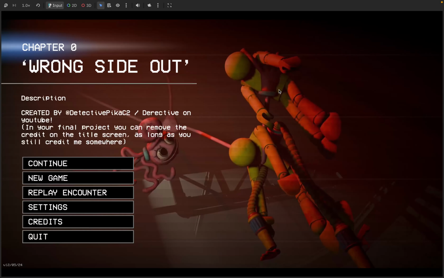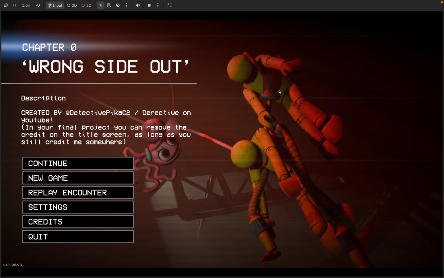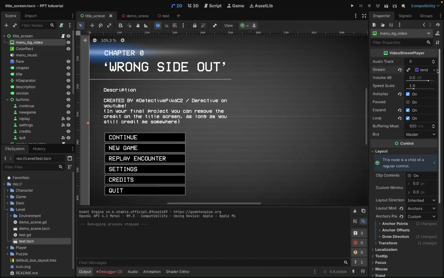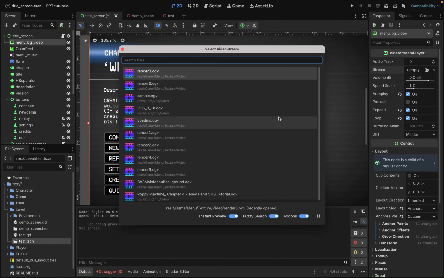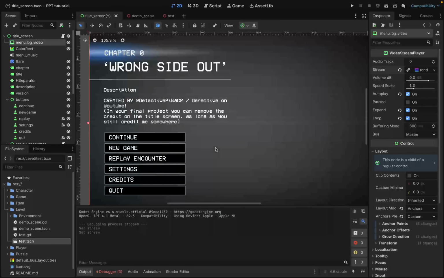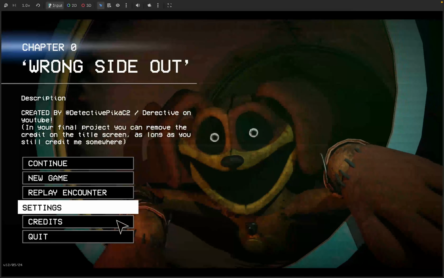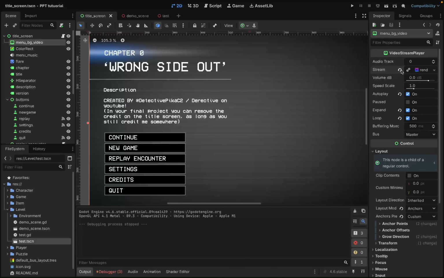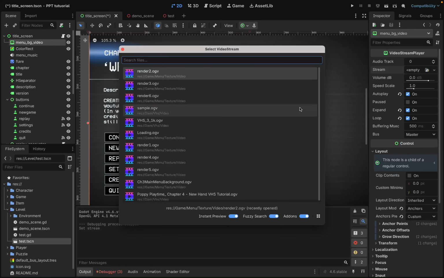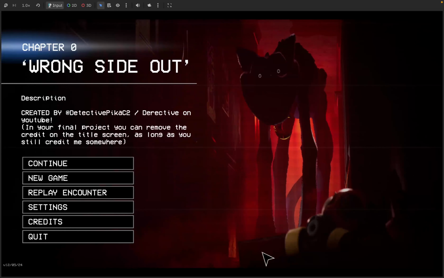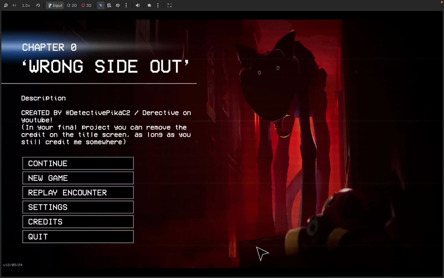So if you want to make a remake of chapter 2, or if you want to make an Hour of Joy game, you can use that, or one of my personal favorites, render 2, Dog Day. So basically you can choose whatever render you want. Let's choose the chapter 3 main menu background. As you can see, it doesn't really look like the best, but